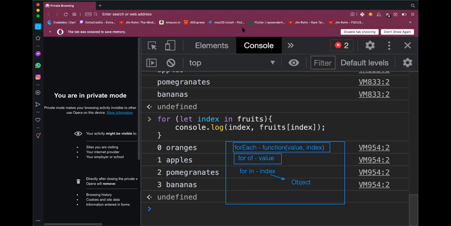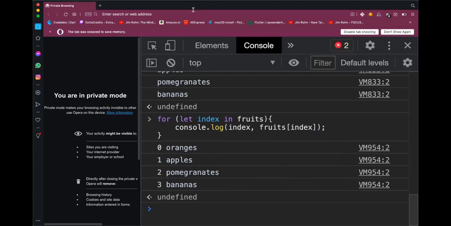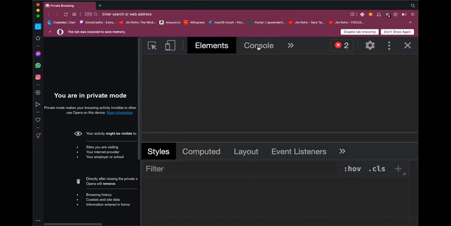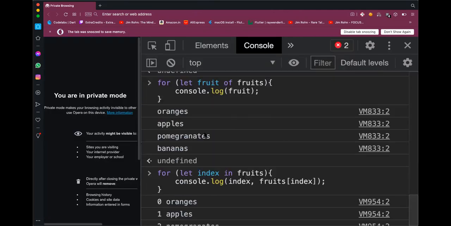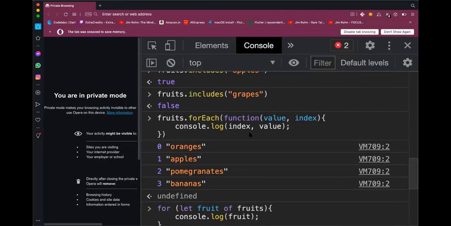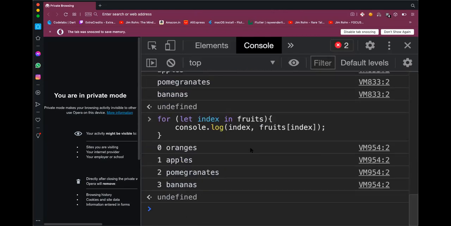Okay. So for loop clear. You guys, when you solve problems, you will get familiar with the syntax. It's not very tricky. You just need more practice. I used to be confused with this for each thing initially, but as I practiced, this became clear. This is how for each works.